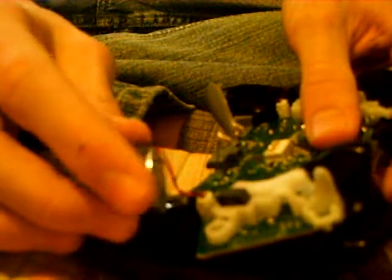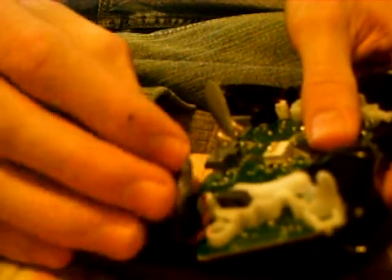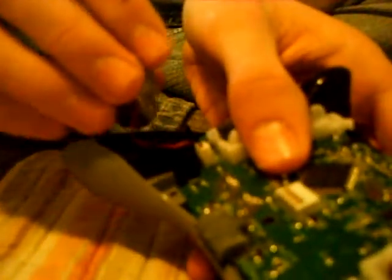The wires kind of like to go where they want to go off to the sides. So what you do is simply put them off the sides, do not force it down. Like you see the wire, do not force it down like that. Just simply put it off the side like that. Here's what it looks like so far. And then, when you're putting the shell back on, what I like to do is, you hold it up,